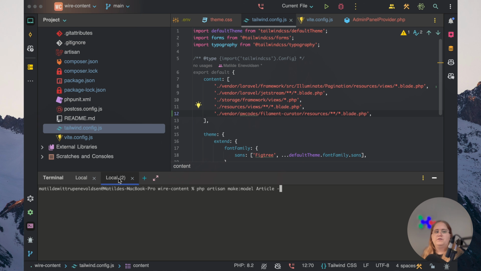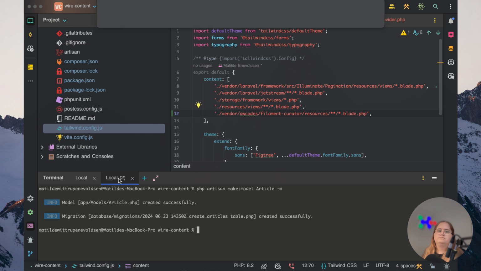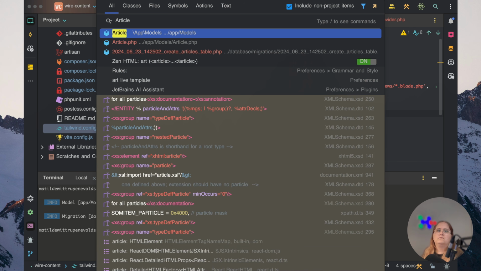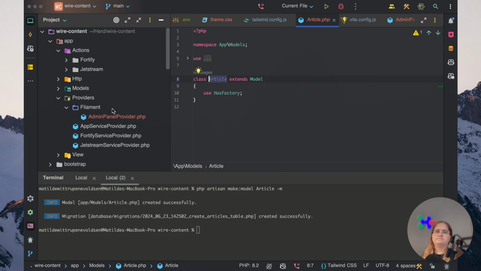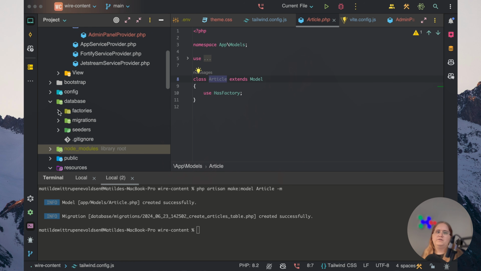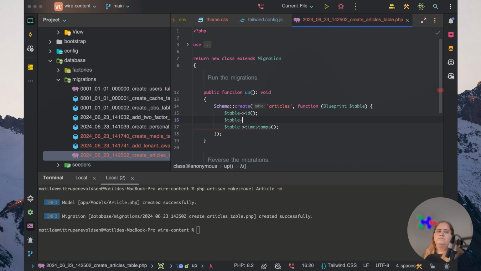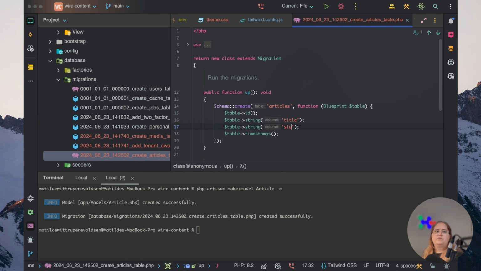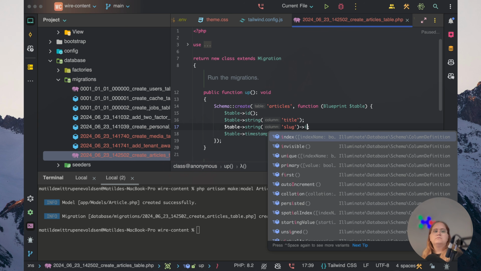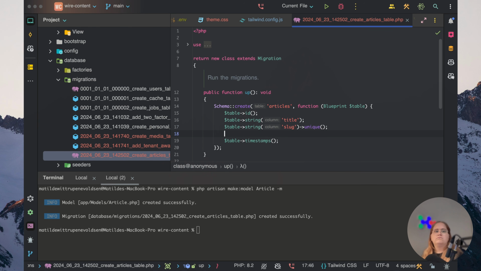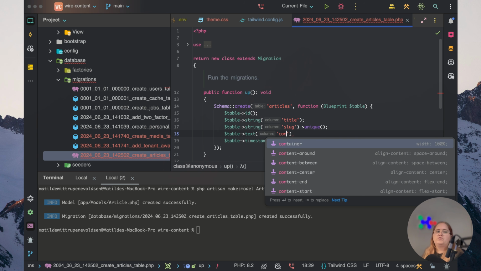So let's create a model here called article with a migration, and in here we want to have a few different things. So what I want to go ahead and do here is go into the migrations folder, and I want to add a title, and a slug which we want to be unique, we want to add content,